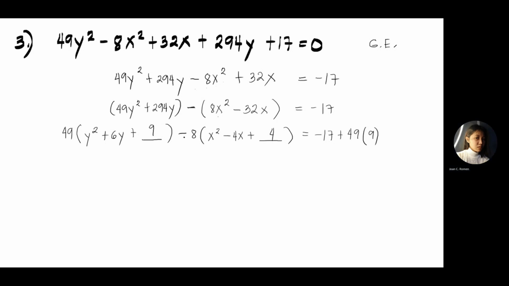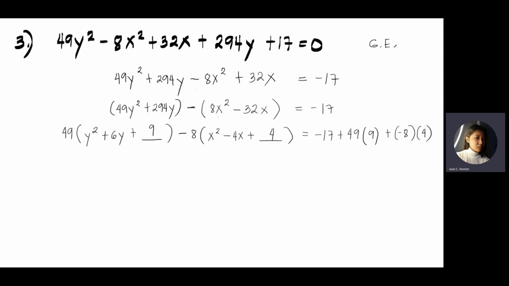So that is negative 8 multiplied by 4. Okay, so negative 8 multiplied by 4. Okay, so next is, since this is already a perfect square trinomial, this y squared plus 6y plus 9, and x